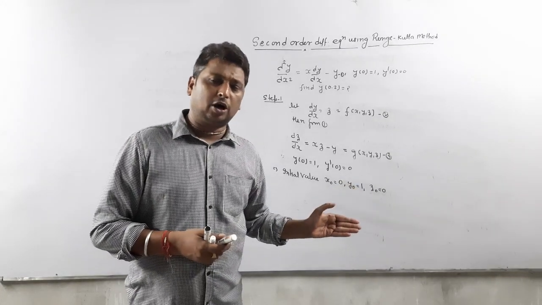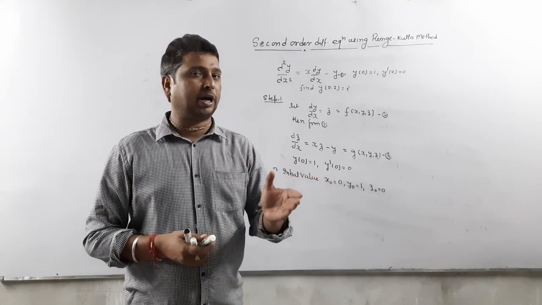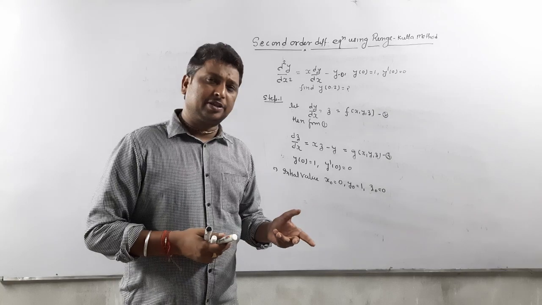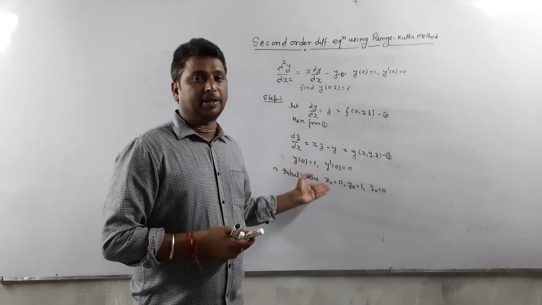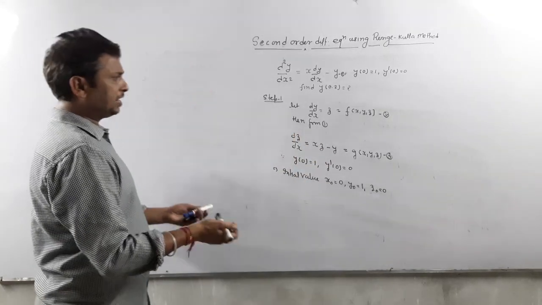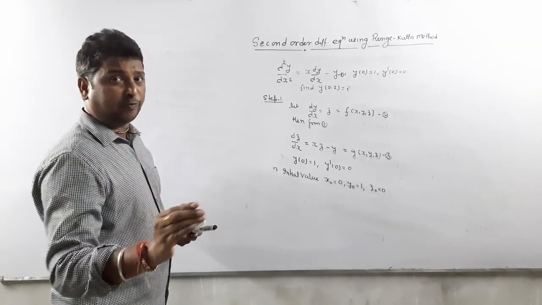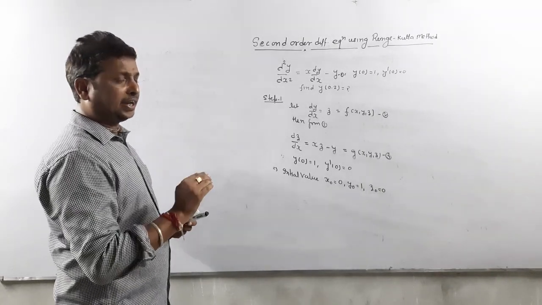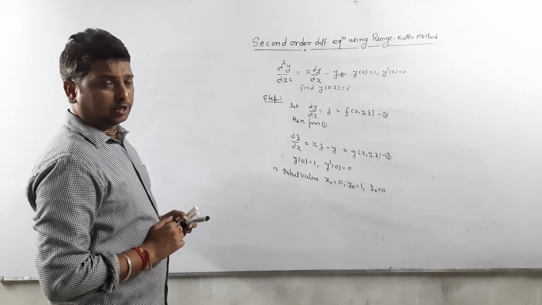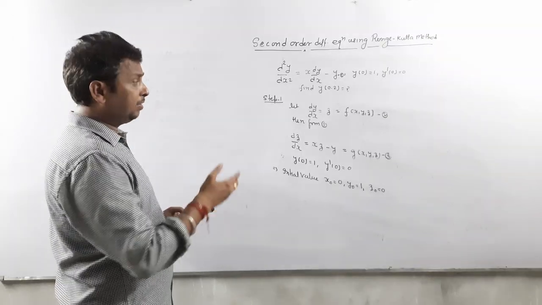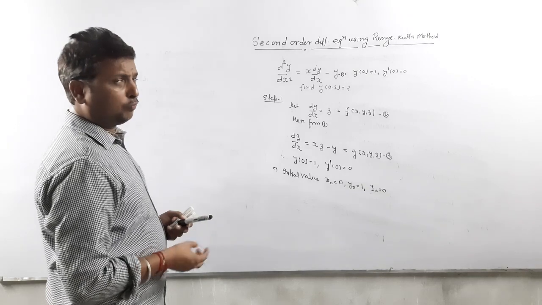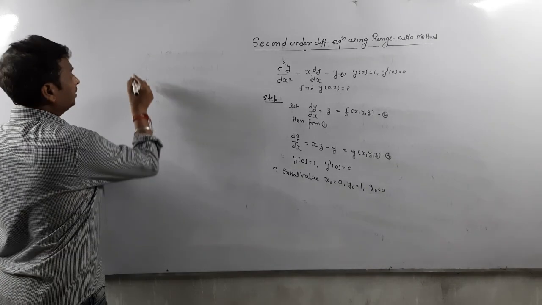Now we know how we use the Runge-Kutta method. The only difference is that here 3 variables are there, so the procedure is the same. We have to calculate k1, k2, k3, k4, and then we calculate k, and then we calculate the y value, y1. And similarly, because here there are 2 variables, so we go for 2 steps. How do I do it? Then the second step.